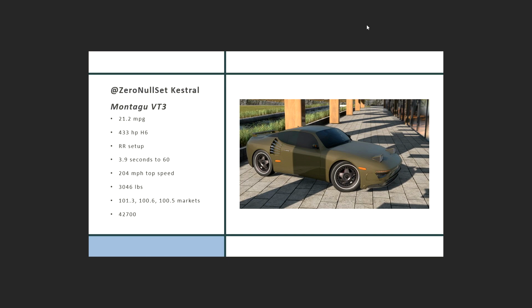And that's all the vehicles we have at this moment. So stay tuned for further content here. We're going to be looking at what else for the vehicles. We're going to be looking at